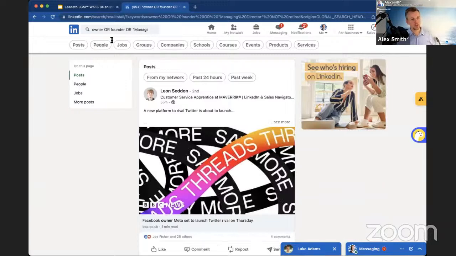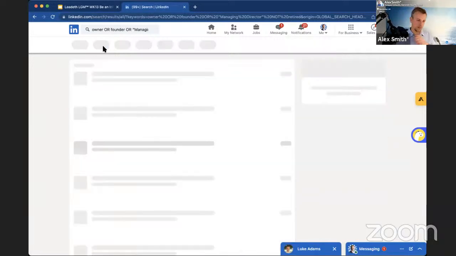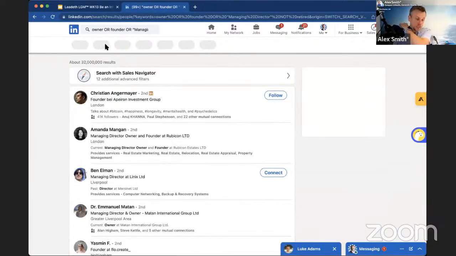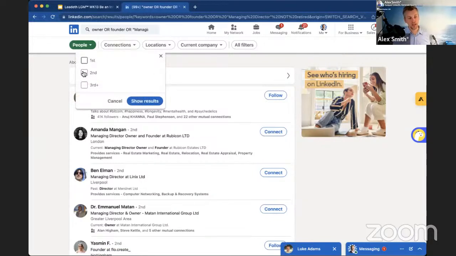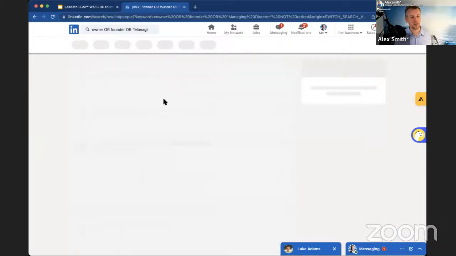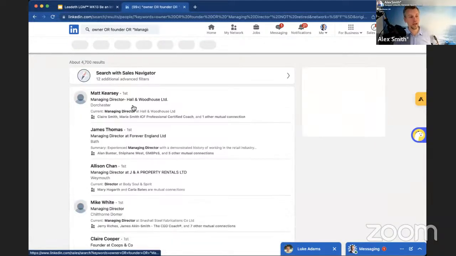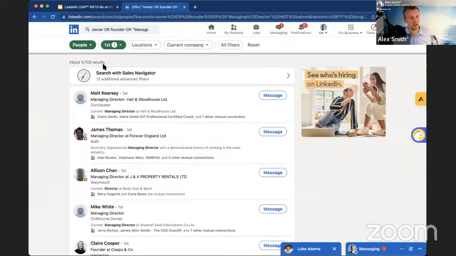So once we've searched, we go down to people search and give this a try. If you're logged into LinkedIn now, feel free to open another tab and see the sort of prospects you get. In terms of connections, obviously you can see your existing network. So first degree is your existing network, if you want to identify people who are already in your network who have got that. So I've got 4,700 potential prospects.